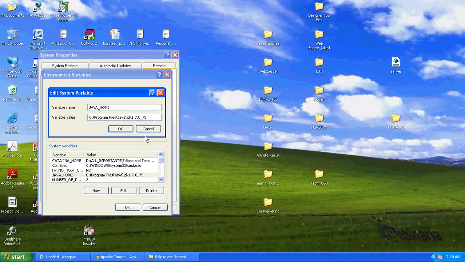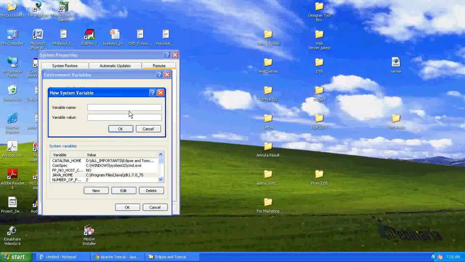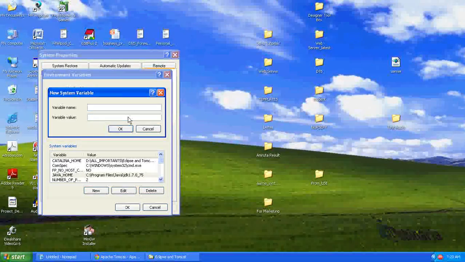If you don't have this variable, then you can create Java home by clicking new, and then you can give the variable name as Java home. Then you can give the variable value as the JDK path where the JDK has been installed.